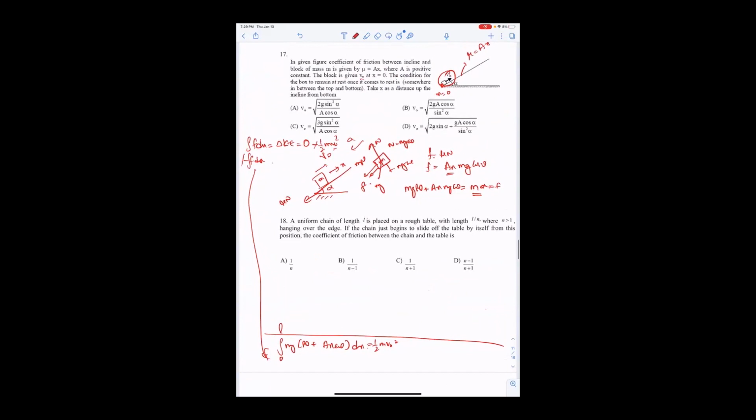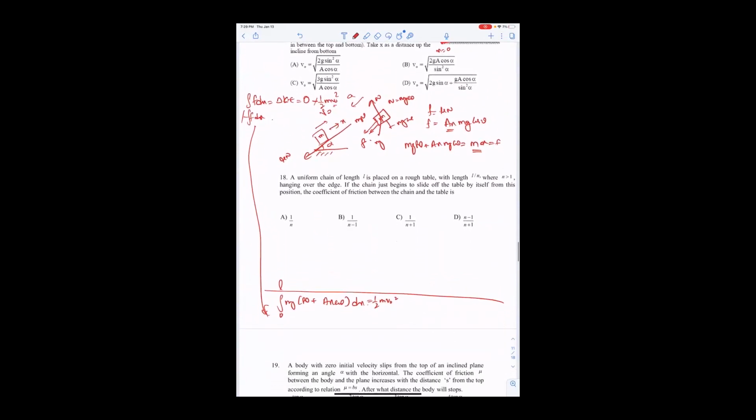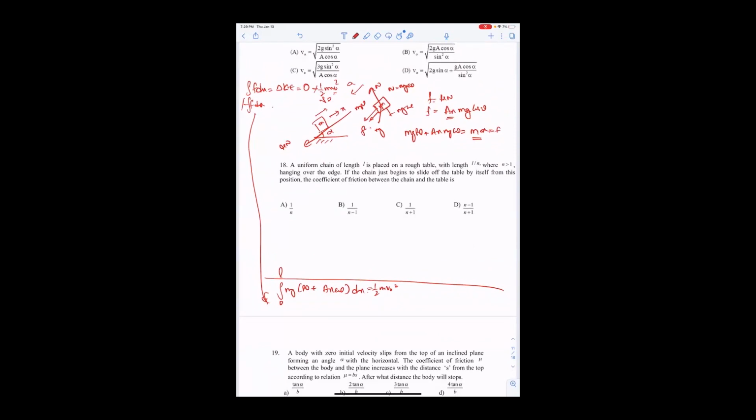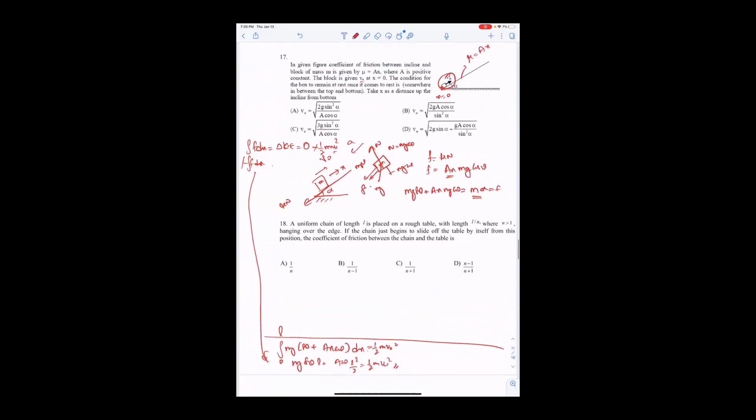So once it comes to rest, it should be at rest. I'm getting L here: mg sin theta into L plus A cos theta into L square by 2 is half mv naught square. It is not asking length L, it's asking velocity v. And when is it at rest? At rest means